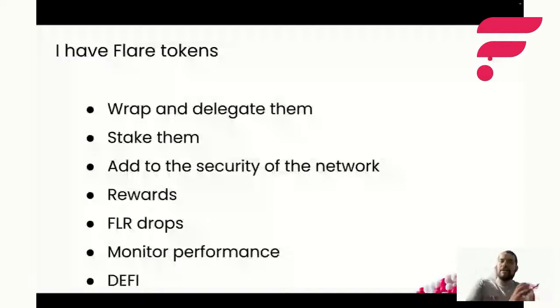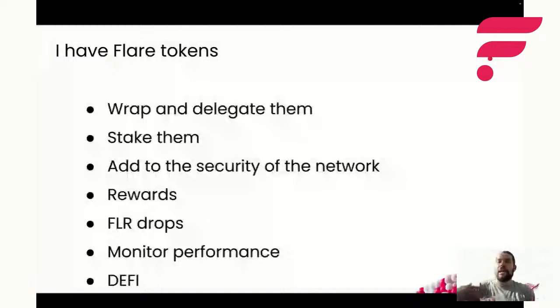And all this allows you to firstly secure part of the network, to make sure that you're delegating your vote power. You're making the data provider that provides better data a bit more important, thus adding things to the system. But it also allows the whole network to function dynamically. When somebody is providing bad data, the delegations flow away from them. And as you do this, you also earn rewards. And another thing, if you have Flare tokens, you should wrap and delegate them to be eligible for Flare drops. So each month, as part of how Flare drops are distributed through an airdrop, we're also adding some additional Flare drops to people that actively participate in the system.